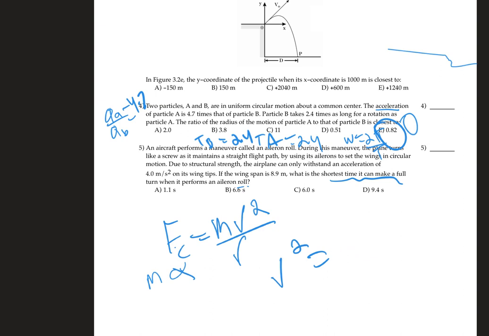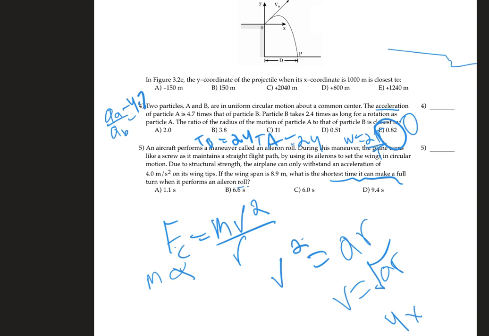So then v squared equals acceleration times r. We take away the square with a square root. So we put in the 4 meters per second squared, which is the acceleration, times the wingspan, which is the radius,